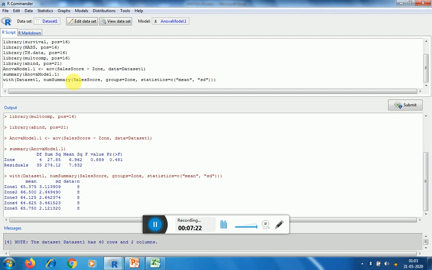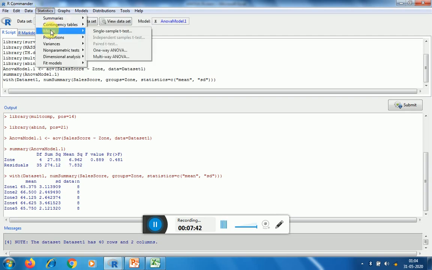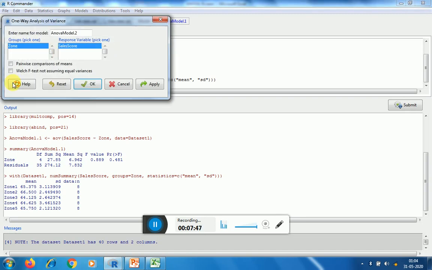Now in this case we see that all different means are equal, or they are not significantly different from each other. But if we are interested in also comparing each zone separately, then we can do this by clicking on means, then one way ANOVA, and then here you can click on pairwise comparison of means, and then OK.